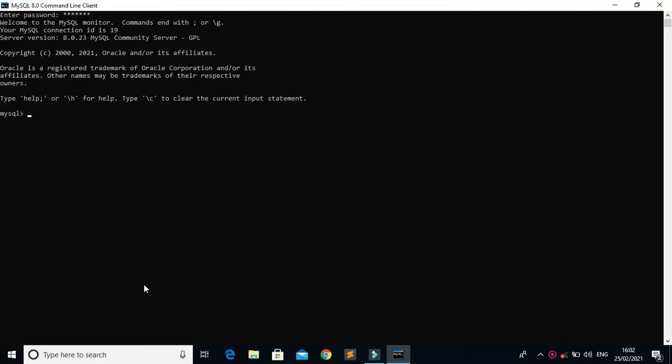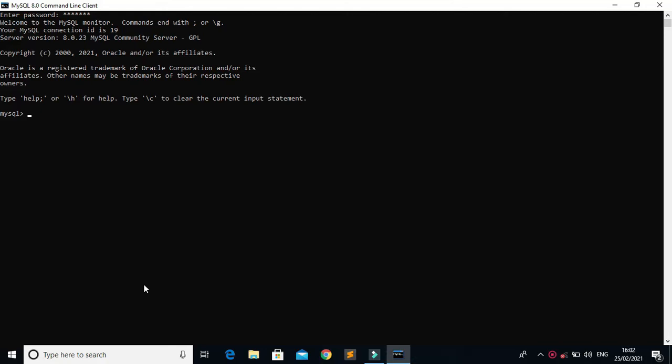Now what is DDL? DDL means data definition language command. This part of MySQL commands permits us to create and delete a table in a database, and it is also used to define indices, keys, specify links between different tables and impose constraints. Now what is a constraint? Primary key, not null and unique are known as constraints, which we can define in a table.